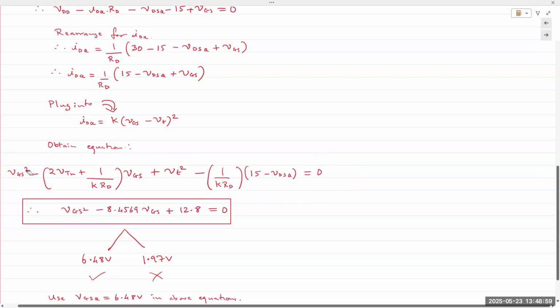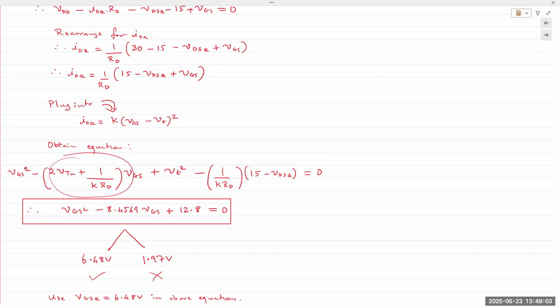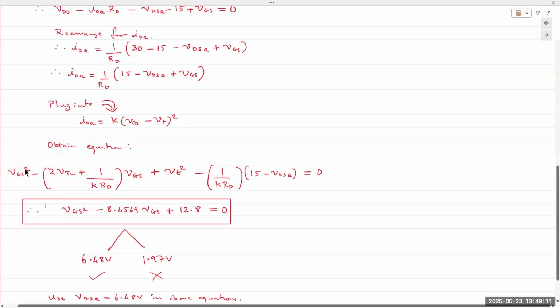So we obtain a quadratic equation. The coefficients are all containing quantities that are known to us. So we have threshold voltage, we have K, we have RD, we have VDS. Sorry, not VDS. Yeah, we have VDS, we have VDD, and we have VGG. So all of those are available to us. We plug in the values, and we obtain